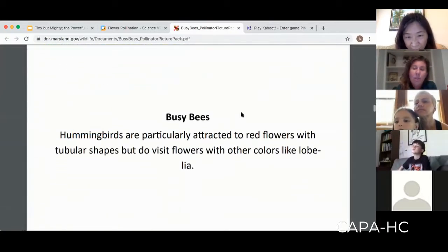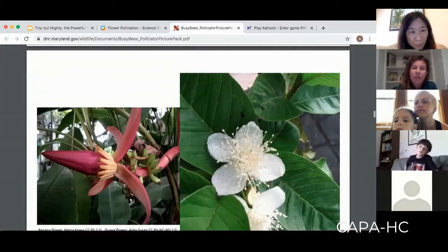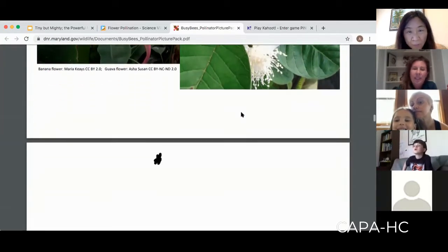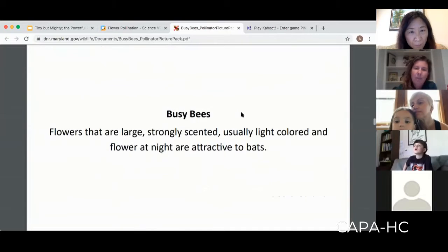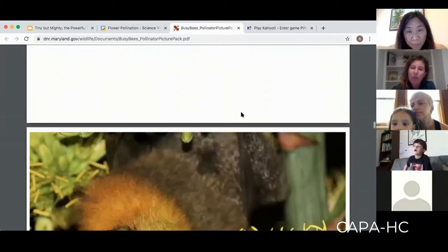So hummingbirds particularly like red flowers, and they like that tube shape. Right, so this is kind of a more unusual flower that we might not see all that often. These are flowers that are pollinated by a special type of animal that are attracted to bats. Bats like those unusual flowers, and there's going to be a cool picture of a bat